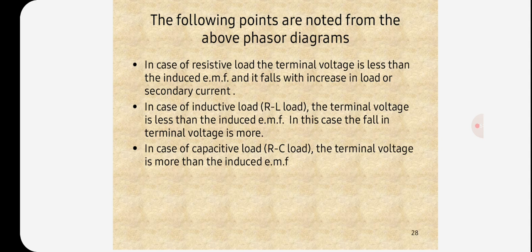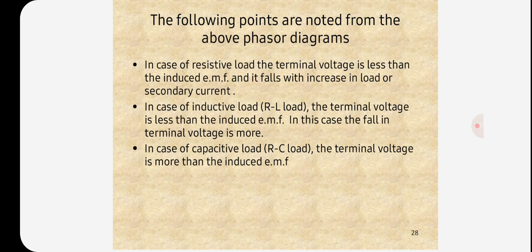So in this, the vector diagram for a transformer having winding with resistance and reactance is for pure resistive load, that is for unity power factor, and inductive for lagging power factor, and capacitive for leading power factors. So in these vector diagrams, vectors for resistive drop are drawn parallel to current vectors, whereas reactive drops are perpendicular